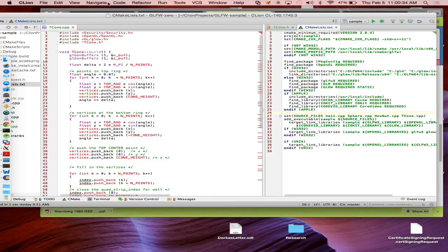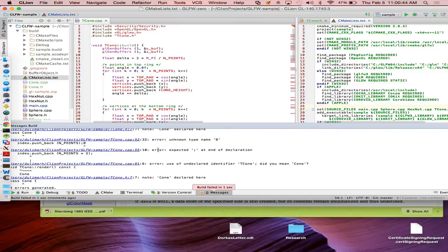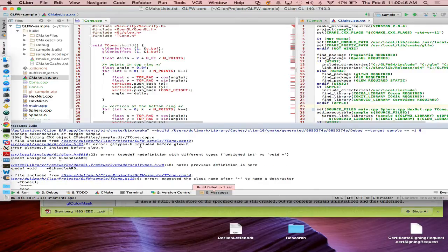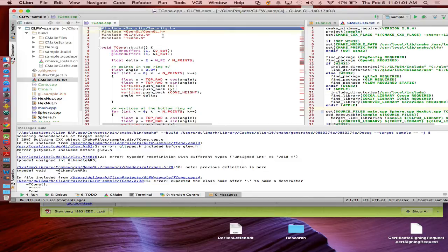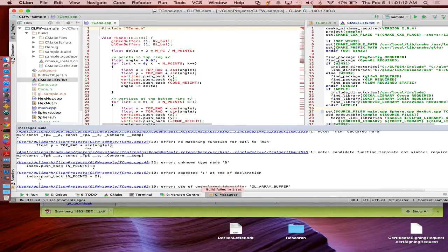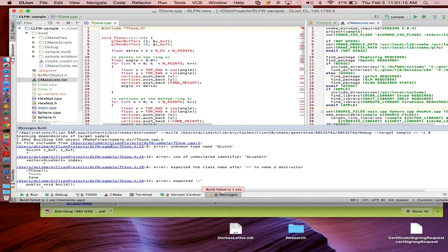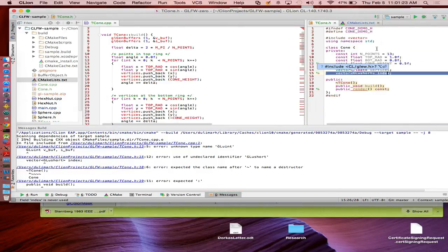Okay, let's compile, let's build. Probably missing include or something. Pushback index expected. Okay, I'm not supposed to include. Oh, CLion is too smart. It's inserted the 3 header files for me. I didn't write that. Okay, what is the error now? GLuint, unknown type. Yep, of course, because I do have to include